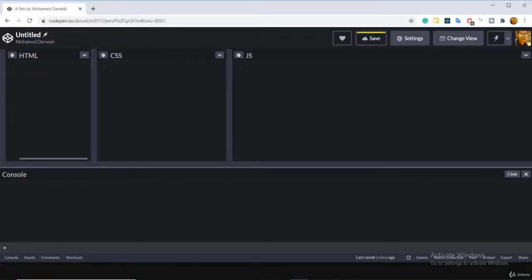Hello and welcome everyone. Today we're going to discuss a very important topic in JavaScript called hoisting. What's that? This is basically what happens once you write your script in a JavaScript file and start to debug or run that